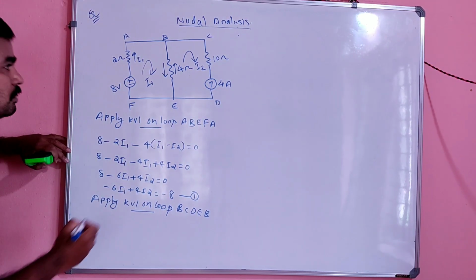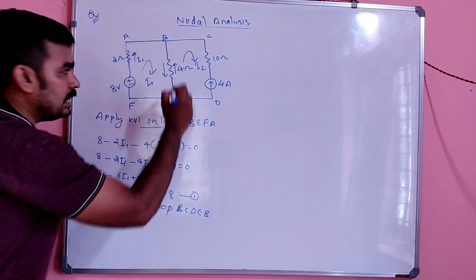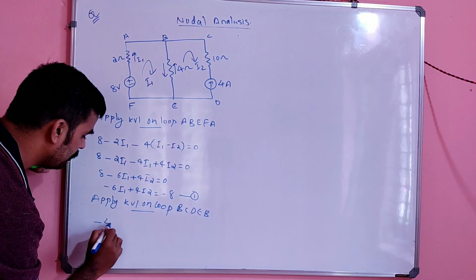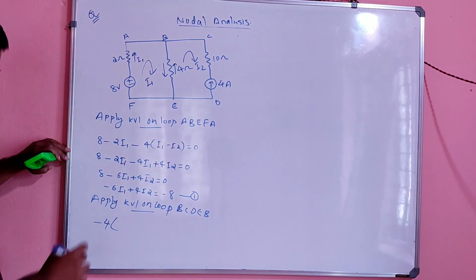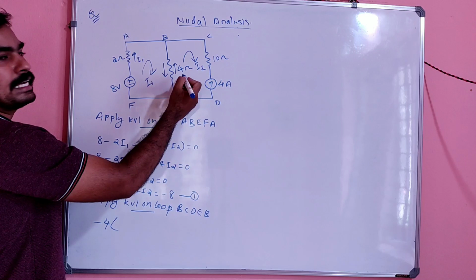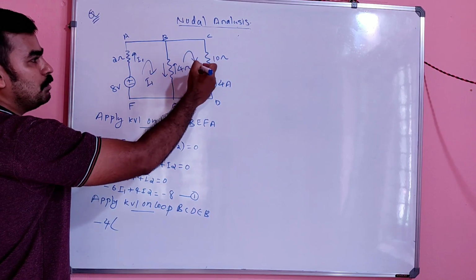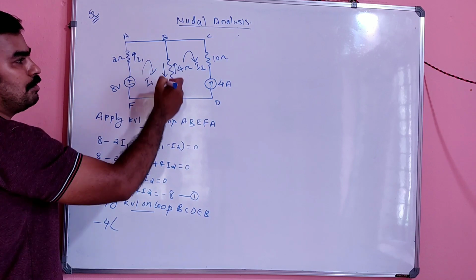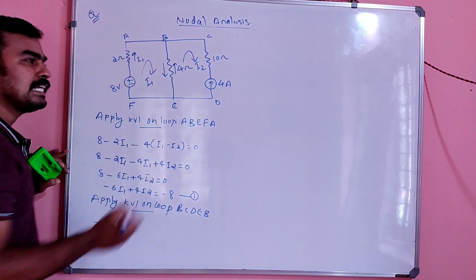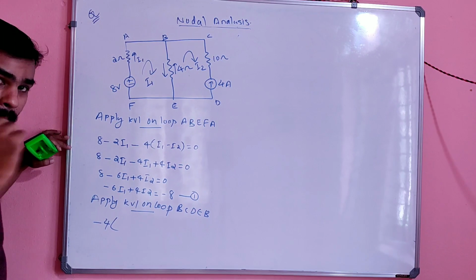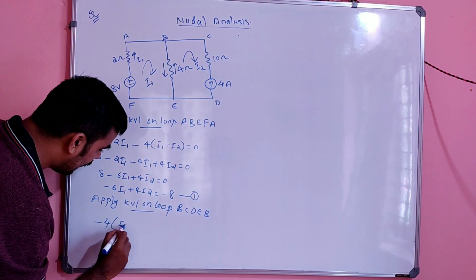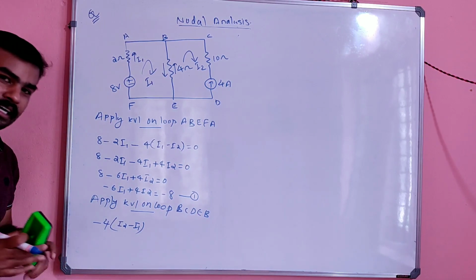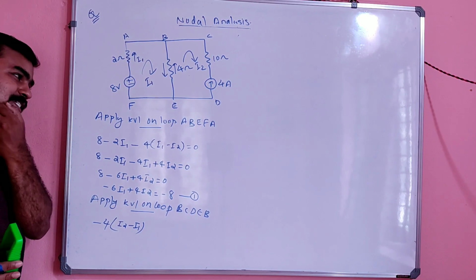Okay, what is the equation? I am moving from here to here. When I move from here to here, I find a resistor, so the drop will be, the resistor is always minus 4, but see the current value here. One current I2 is flowing upward, and the other is in the downward direction. So the resultant current will be the difference of the two, but I took this as I2 minus I1, not I1 minus I2. That is very, very important in KVL, Kirchhoff's voltage law.